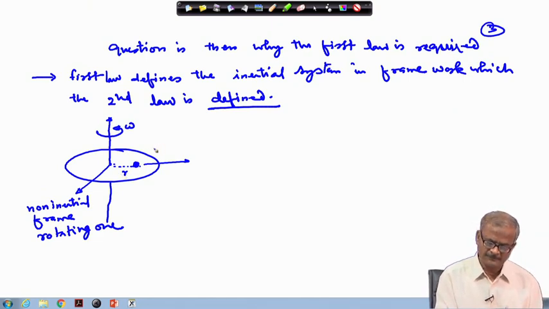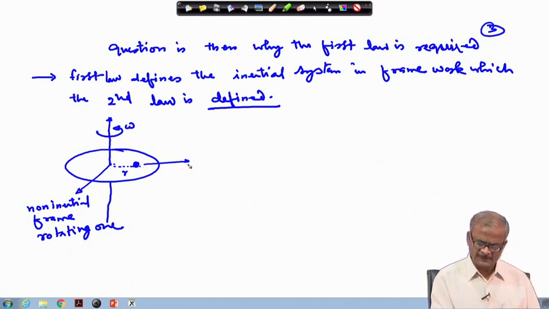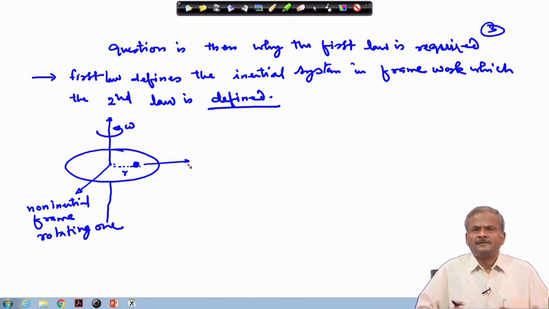So, the first law defines the inertial reference frame, and together with that it also states that there is something like inertia existing in the system, which does not allow the system to change its state. It may be a particle, a body or whatever. If a particle is moving, it will keep moving. If a rigid body is moving, it will keep moving unless acted on by some force. It may be friction force or any sort of force.